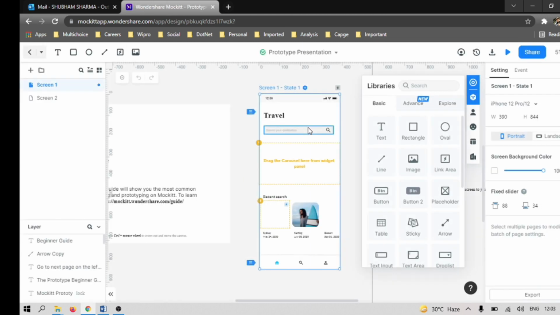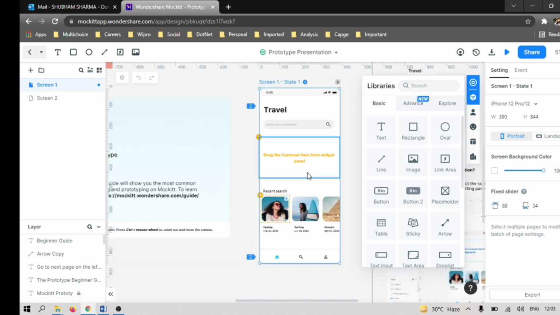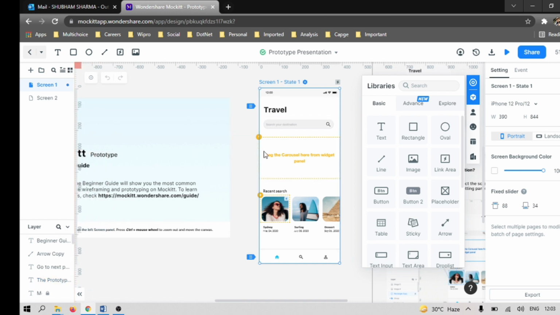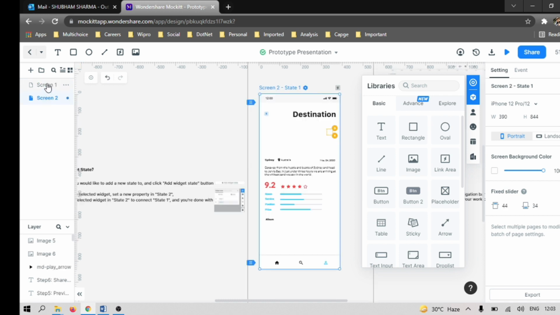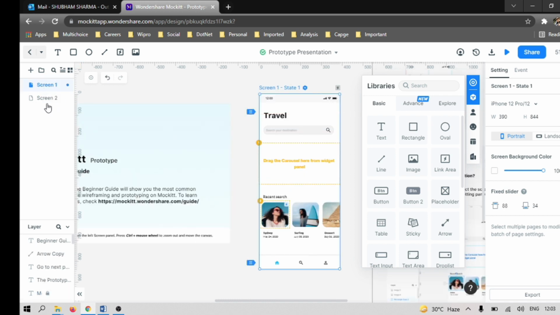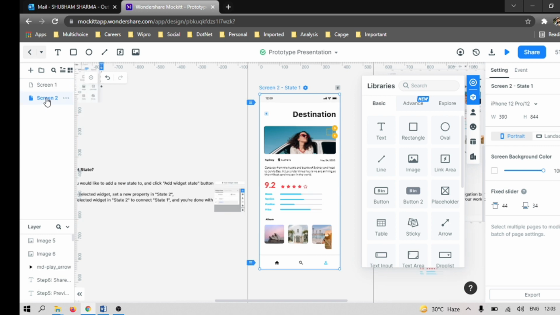It's taking time. You can see some screens are already there. This is the mobile screen basically, but we are not going to create the mobile screen. We have screen 1 and screen 2, and both look the same.